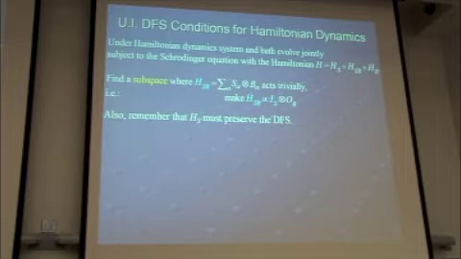If the system-bath Hamiltonian has no way of coupling the system and the bath, then they will evolve separately. So in other words, we want to make the system-bath Hamiltonian act as identity on the system, and it can do whatever it wants to the bath. We don't care. As long as the system-bath Hamiltonian doesn't entangle system and bath, then we're going to be fine. The other thing we have to keep in mind, as you recall from the Lindblad case, is that we have to make sure that the system Hamiltonian itself doesn't mess us up. It shouldn't cause transitions into or out of the DFS. Okay, so with this in mind,